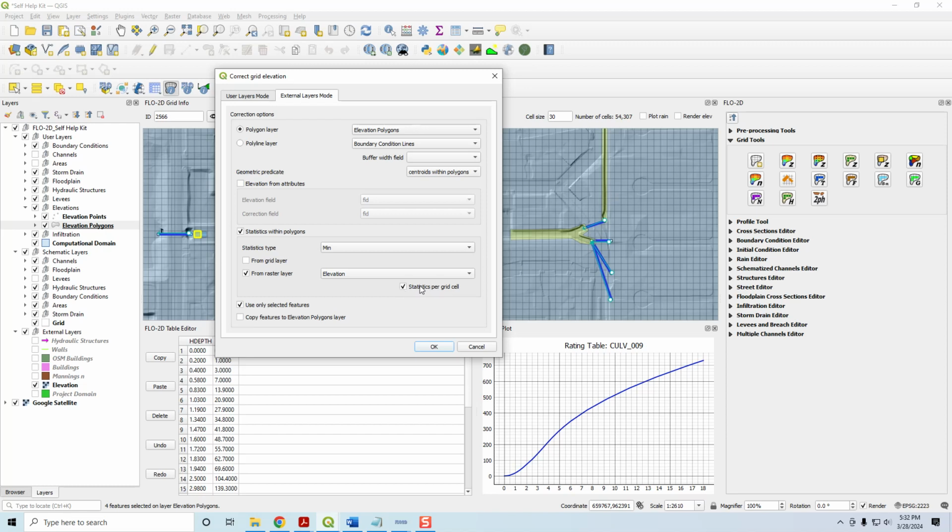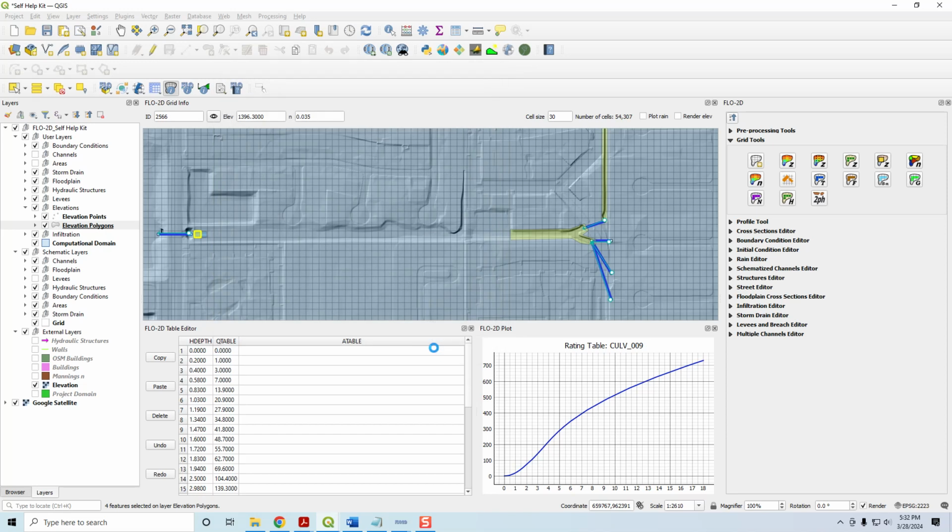And that's why you need the statistics per grid cell. Because if you uncheck this, it's going to give you the same elevation. It'll just be the minimum of the entire polygon. It's going to give that to every grid element whose centroid falls within the polygon. So this will mean that it gives you the minimum of every pixel inside every grid element whose centroid falls within the yellow area. Now I click OK